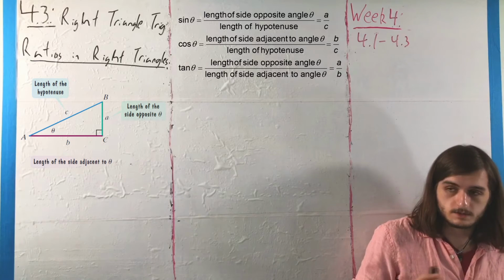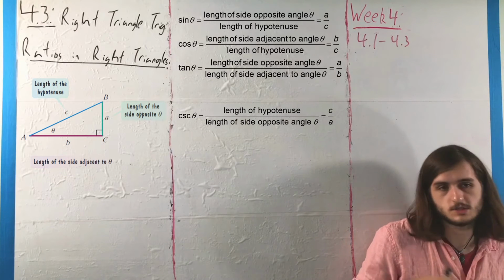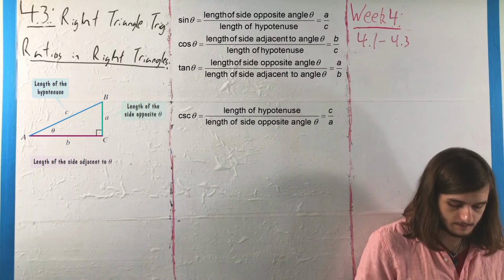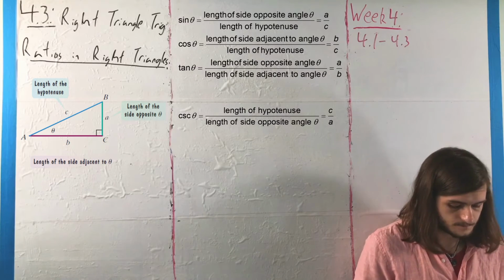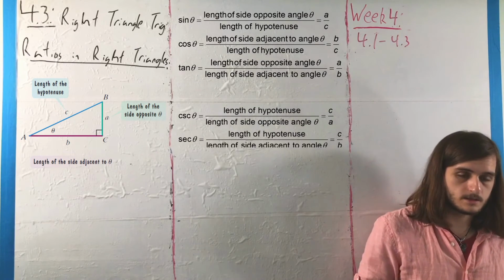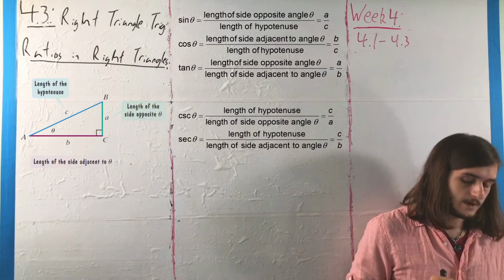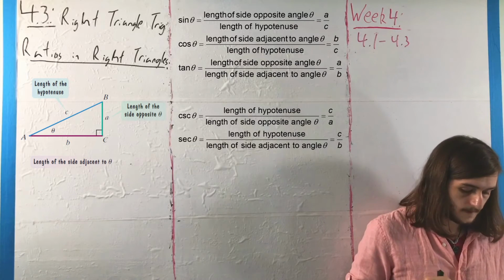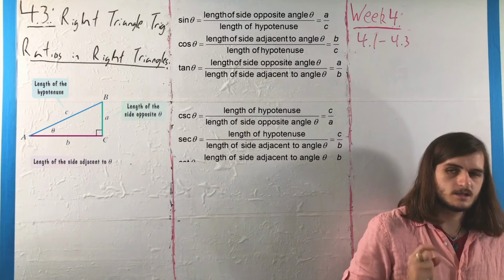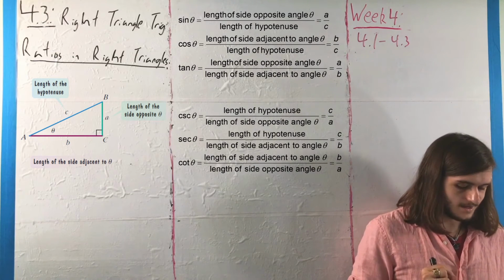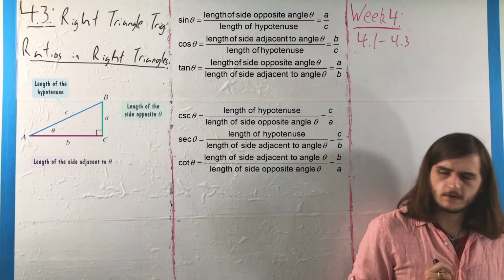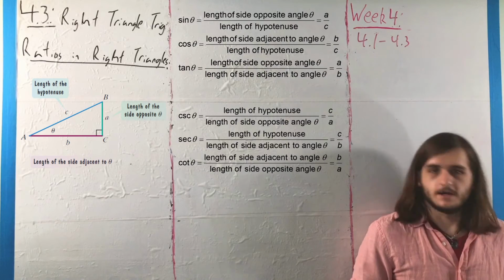Meanwhile, for the reciprocals, cosecant is just sine flipped over, so it is hypotenuse over opposite, C over A. Secant is cosine flipped over, so that would be hypotenuse over adjacent of theta, C over B, and then cotangent is tangent flipped over, so that is adjacent over opposite, B over A, and I suppose if you want to,